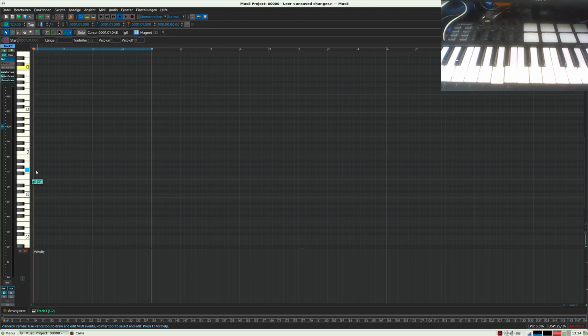So I want to create a pattern with the 8th note. So go to draw mode, and I can put this here to 16.